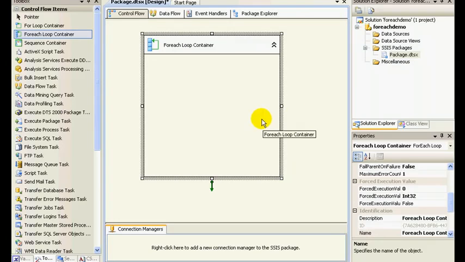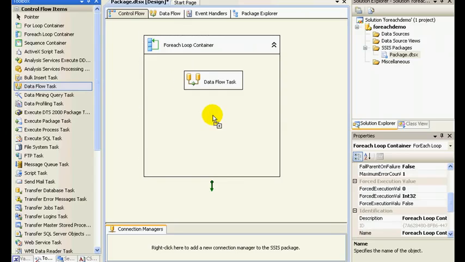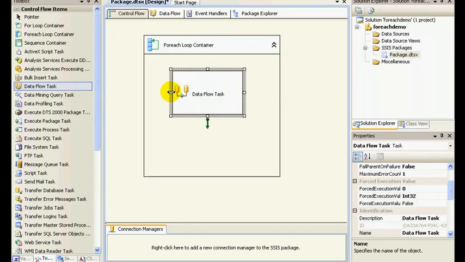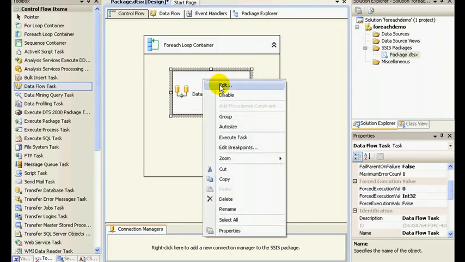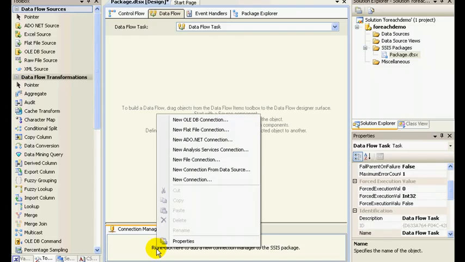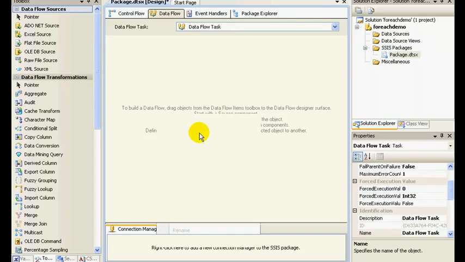Now what I'm going to do is drag and drop a data flow task, since we are going to migrate data from our text files to a database. Let me edit this. Once you click on edit, you see the tabs changing to data flow. First and foremost, what I need to do is set up a connection, right? Our source is a text file, so I'll click on flat file connection,